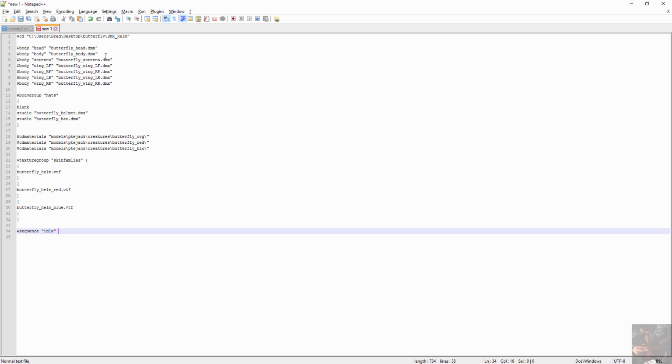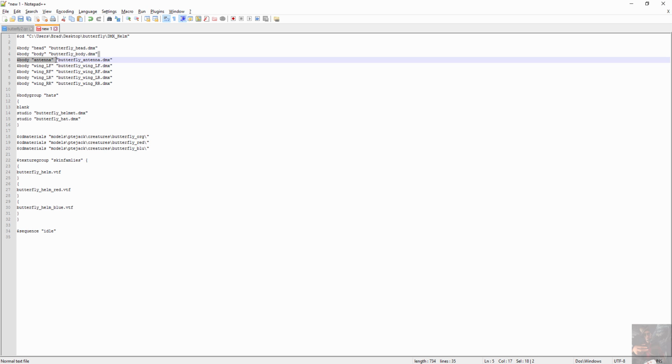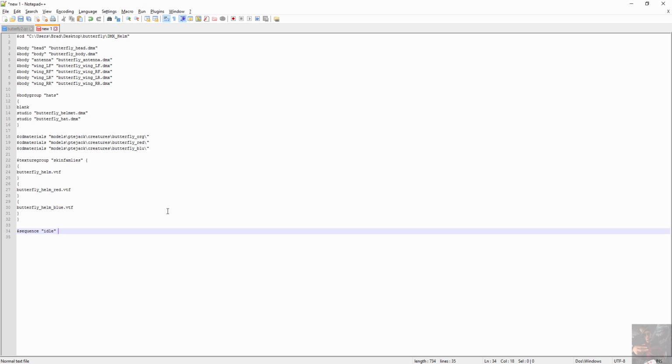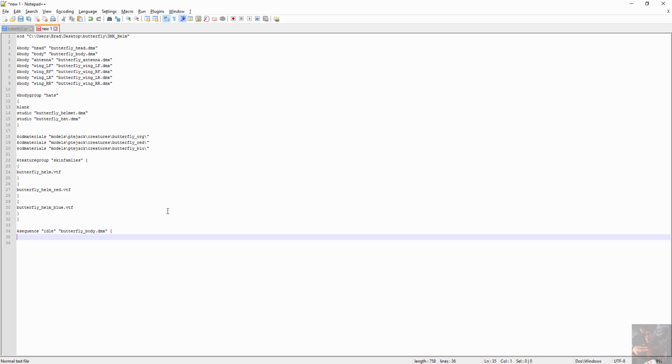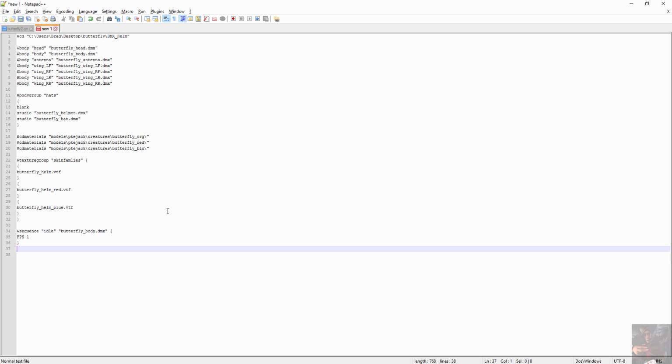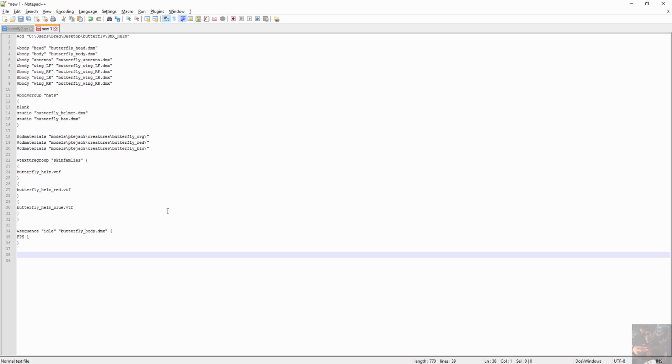And I'm just going to come up here and grab that DMX file right there. Drop it in here. Space, open up a curly bracket, FPS 1, down to the next line and close off the statement. Now for the flapping,